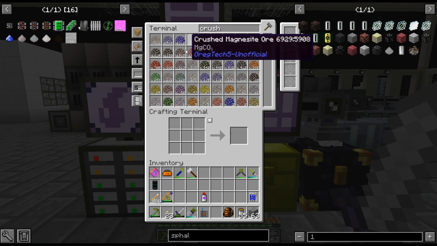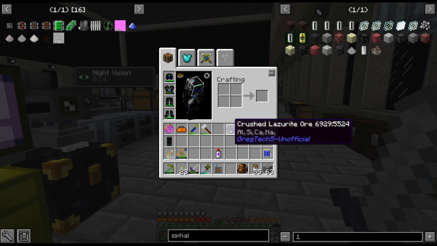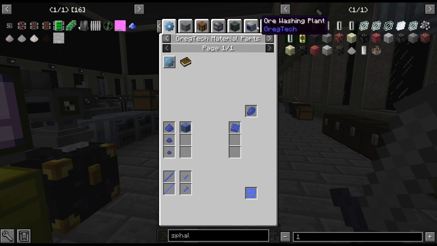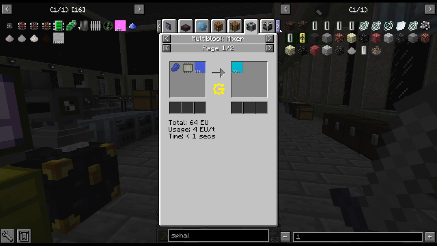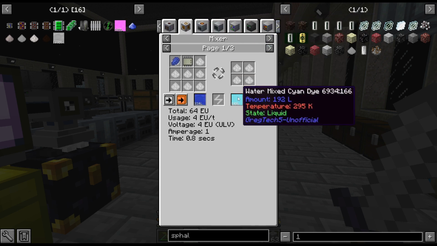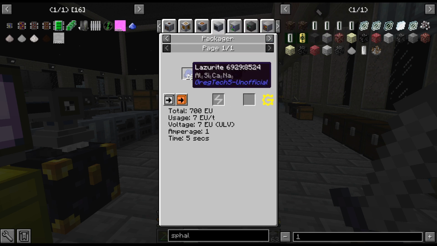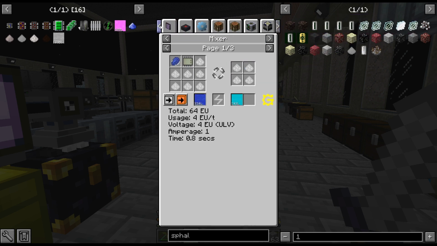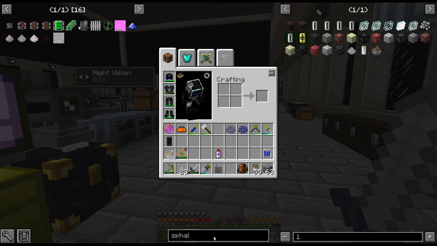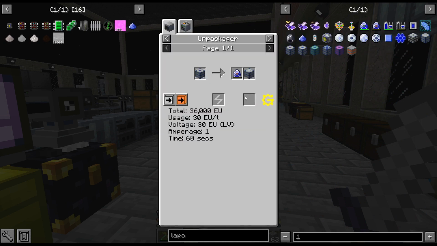So I'm going to have to figure out what I want to do with these. These will probably be washed and then sent through a sifter is kind of what I'm thinking. Because lazurite we do use, not a cyan, but we do use it for... Don't we use it for, like... I don't remember what we use it for. I thought there was, like, not Lapatron. Maybe it was Lapatron